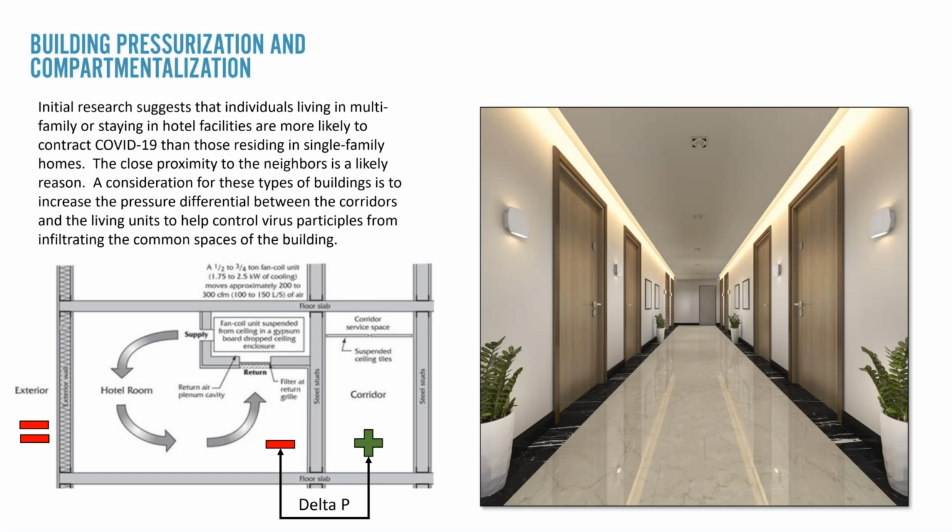This is something that has been used effectively in the healthcare industry for decades. Obviously, in a healthcare application, you have specific spaces in a building which are very critical and need to be separated. And I think some of that methodology is going to now sort of flip over into our other building types, even looking at hotels, multifamily residential, and even to some extent